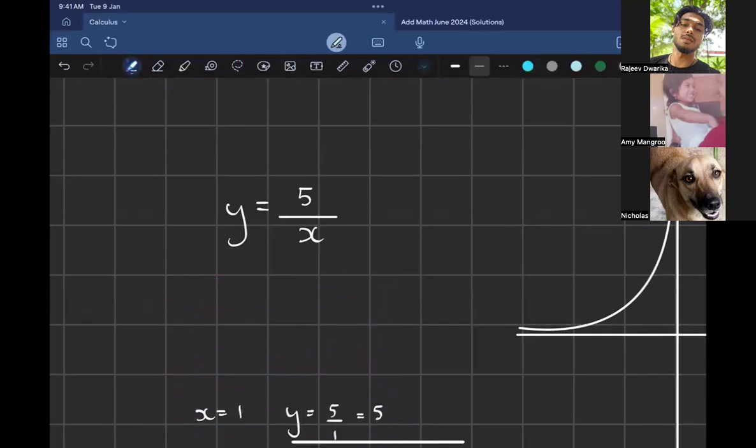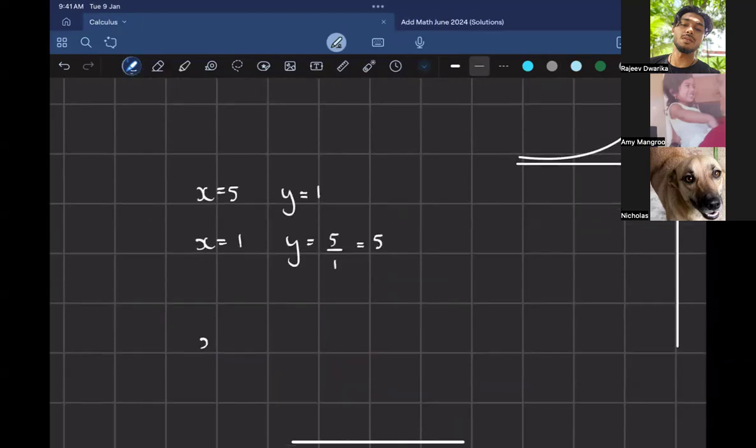Oh, I was asking what 1/x is. Okay, x is equal to 5. What will 1/x be when x is equal to 5? 5 is equal to 1. All right, what about x is equal to